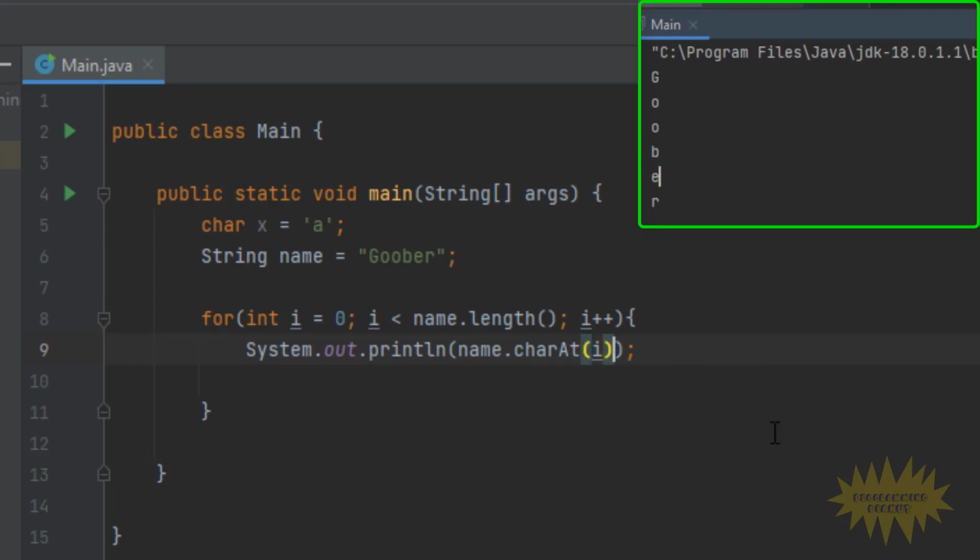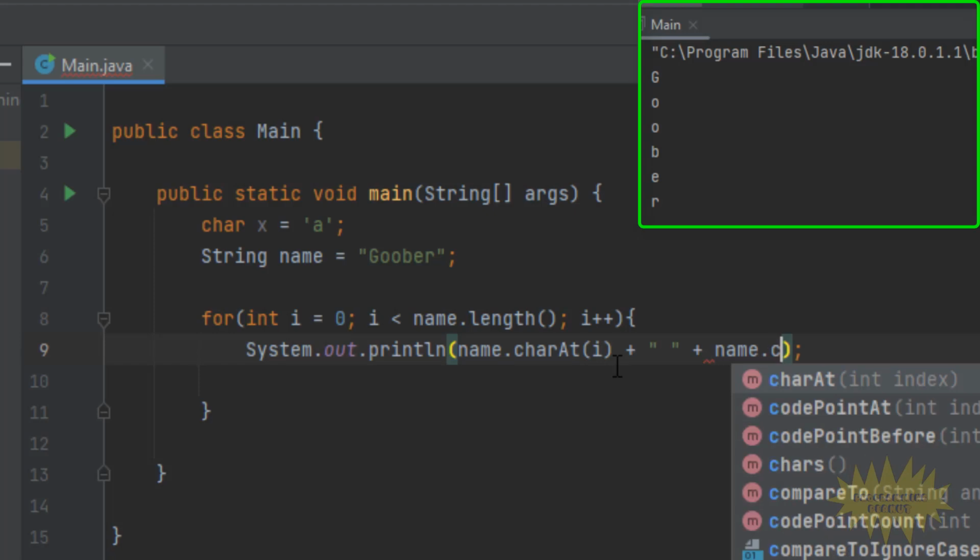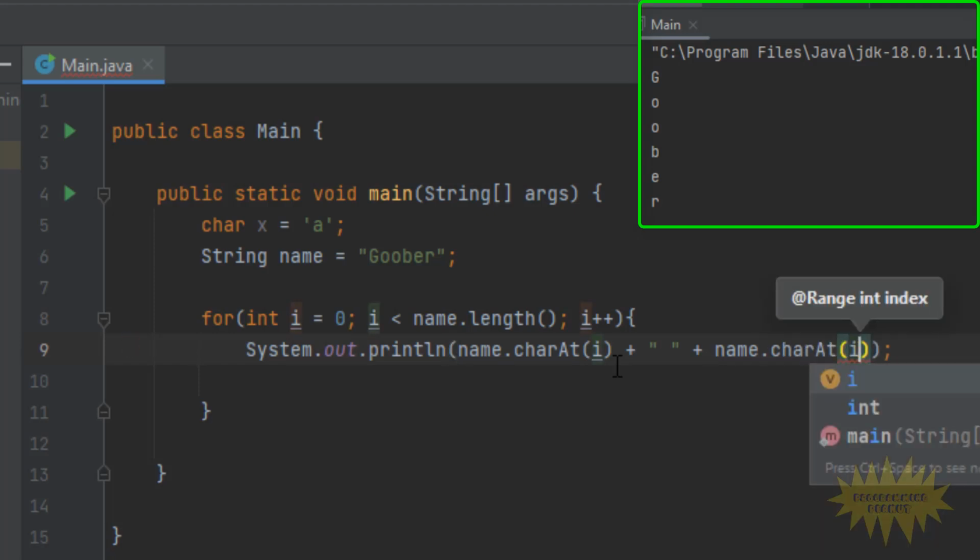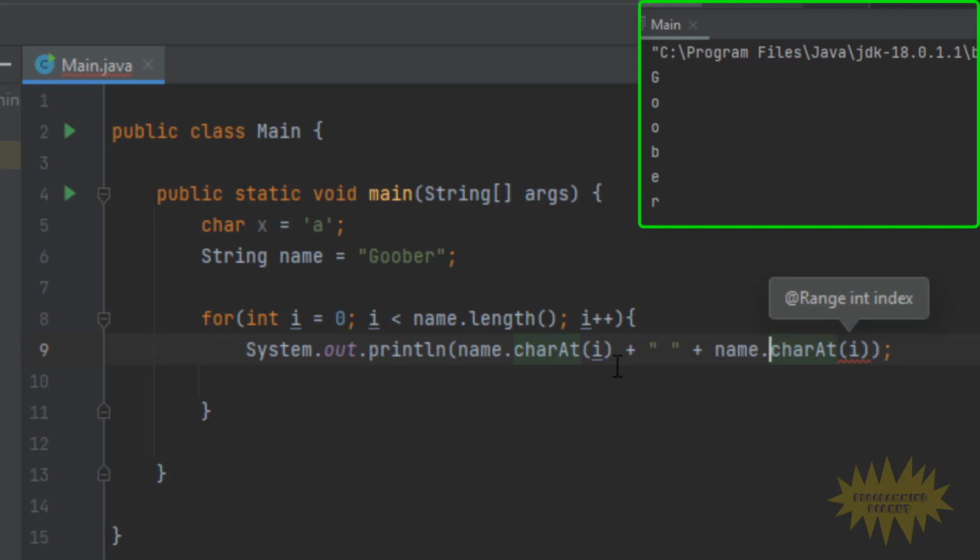So what we need to do is we need to add basically the same line of code here, just like that. Okay. We're going to add an equal sign as a string just so we can separate the character from its value. So this is going to print G, right? In this case, G equals. And then here, instead of printing G, we're going to get its ASCII value by converting it into an int. Because